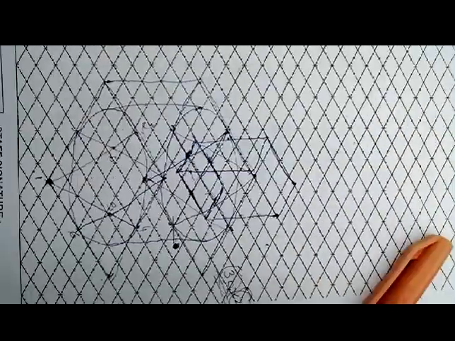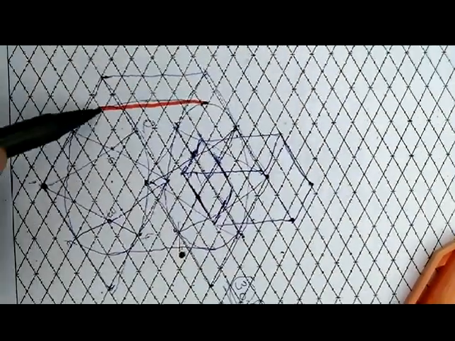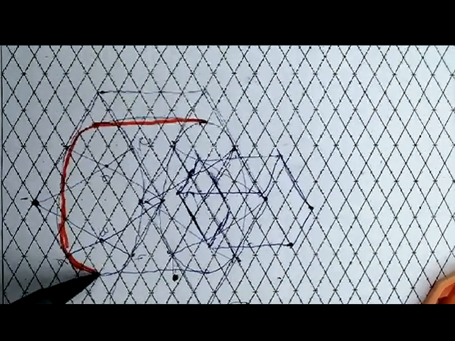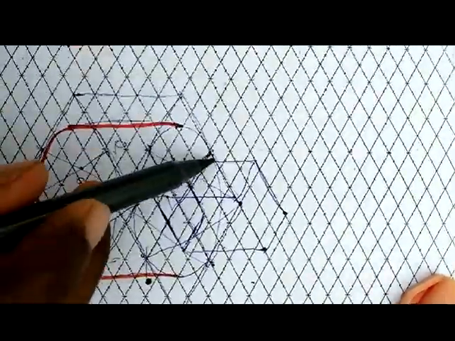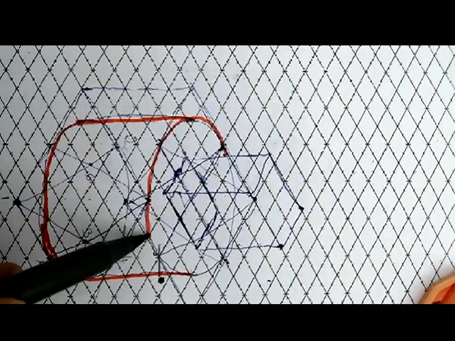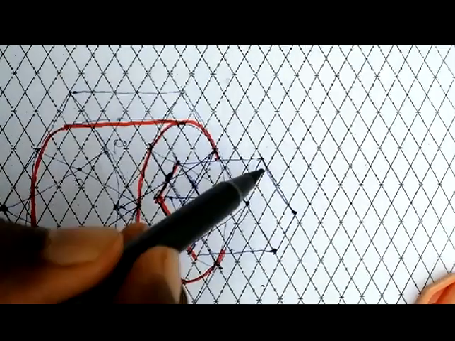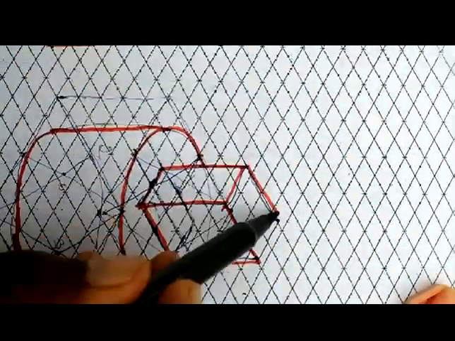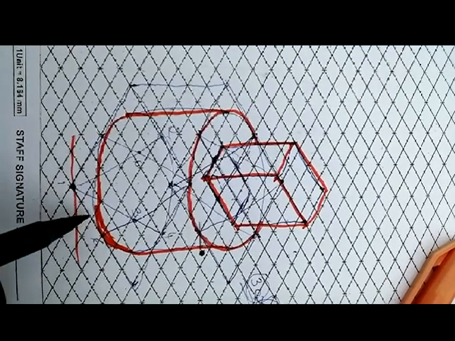Identify which are the visible edges. This portion is visible. In this bottom ellipse, this portion is visible. This edge is visible. And here, till here it is visible portion. And in case of the rectangular prism, these many edges are visible. The rest of the lines you can either erase or keep thin. That completes the second problem in isometry, combination of two objects.